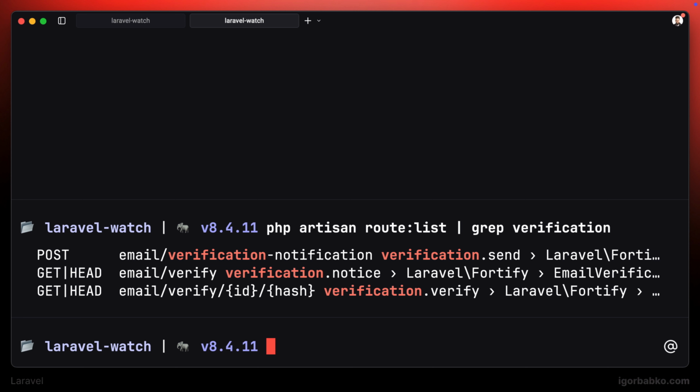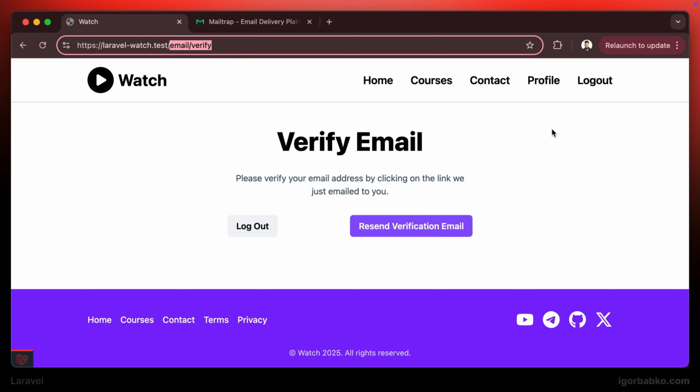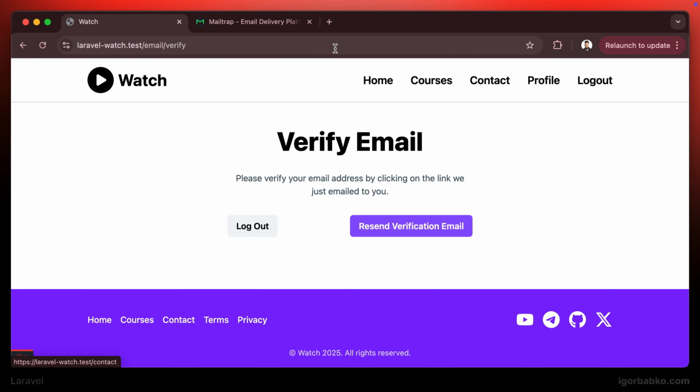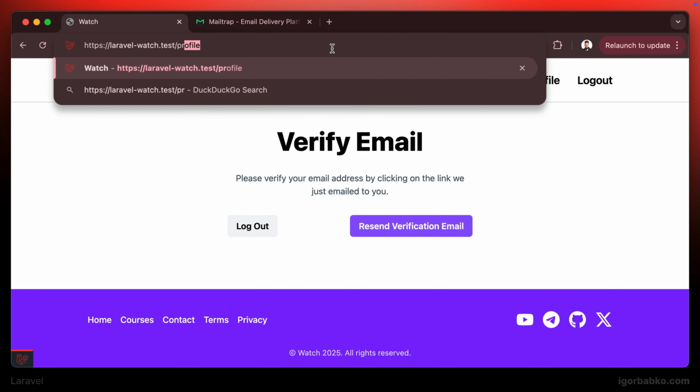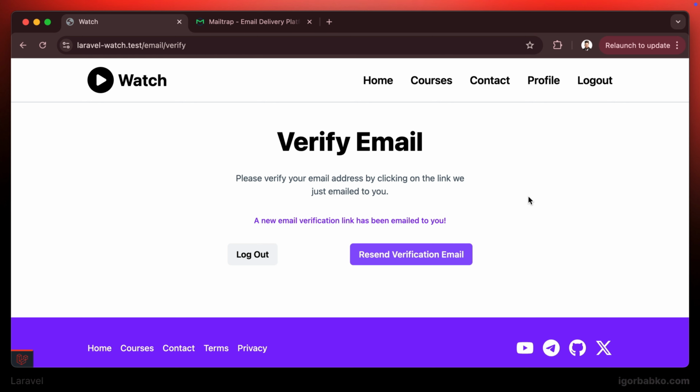And now if we're going to refresh the profile page, we will end up on this view. This is our verify-email Blade template that says that we have to verify our email address first before accessing the profile route. And even if we try to access the profile page directly, we're still going to be redirected to this view. So now I'm going to click the resend verification email button, and we're supposed to receive an email with